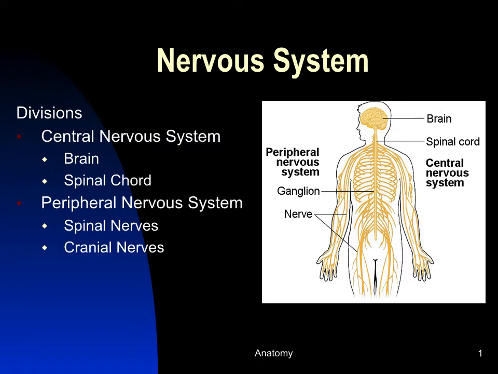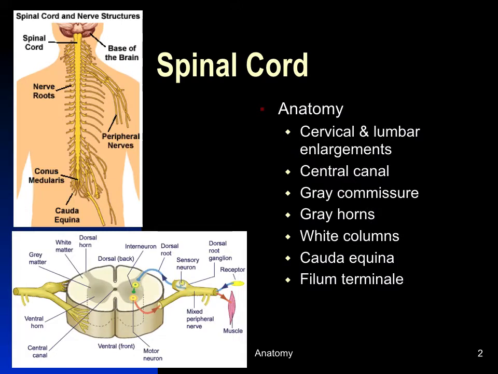We'll talk a little bit about nerve structure and then the types of nerves that are found in spinal and cranial nerves. Okay, so the spinal cord. Here we see a posterior view of the spinal cord, and then we see a cross section. The spinal cord continues inferiorly from the medulla oblongata. So it leaves the medulla and then it leaves the cranium and it's going down in the vertebral foramen of each vertebra,